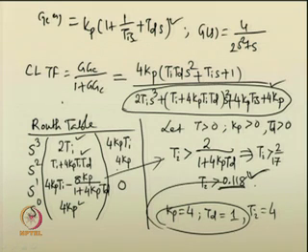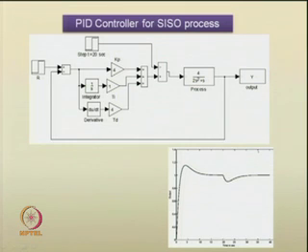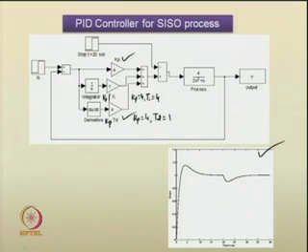So, when Ti equal to 4 along with Kp equal to 4 and Td equal to 1, what sort of response do we expect from the closed loop system? We expect such a time response from the closed loop system. The controller's Kp is 4, and in this case Td equal to 1, Kp equal to 4 and Td equal to 1, therefore Kp Td is 4. In this case it is actually Kp by Ti equal to 1, since Kp equal to 4 and Ti equal to 4,